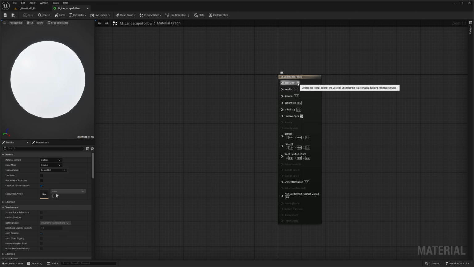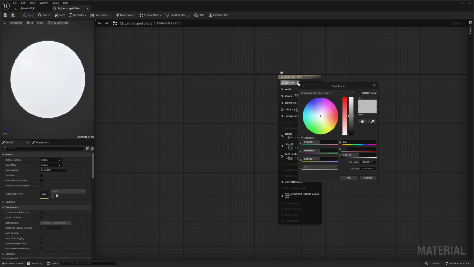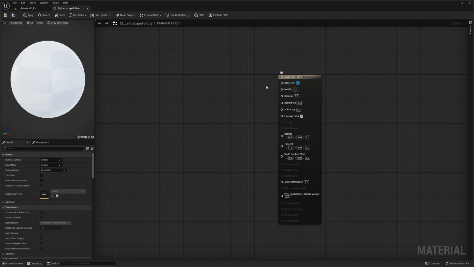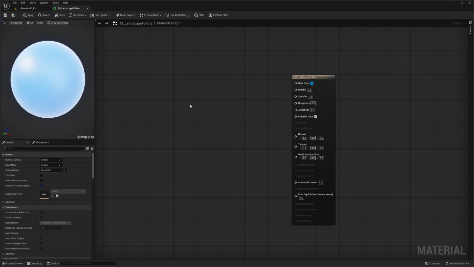So Unreal introduced these options here that you can just change. You can just click here and pick a color and it's going to work. I'm not a huge fan of that. You can see the preview updating here. What I like to do is actually build that functionality, okay? So I Control Z, and what I need is a green color.